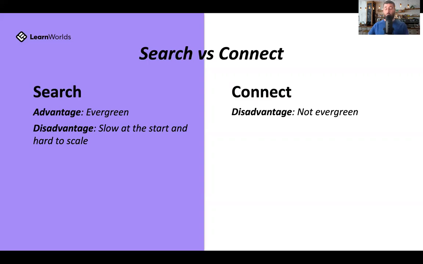Like, I'll go the other side, which will make it easier with the connect. It's easy to grow at the start with these things here. Let's use LinkedIn as an example on the connect side of things. You can go out and connect with like 50 people this week, and then 50 again the next week, and then 50 again the next week, and then 50 again the next week. Like, you can get to 1,000 connections on LinkedIn super quick.